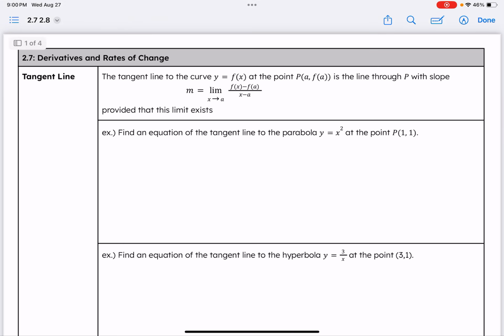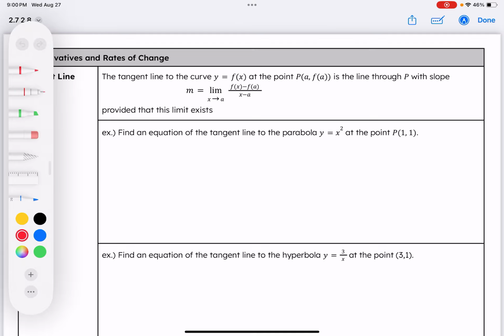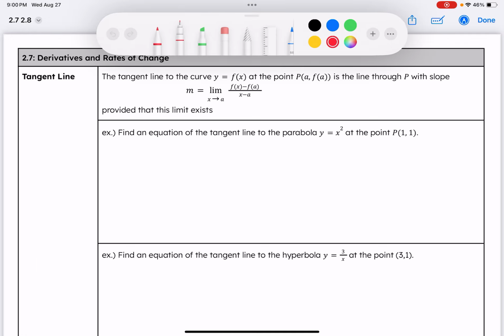All right, this is 2.7 derivatives and rates of change. I am only going to do some of the problems in 2.8 just to save some time so that you guys can have time to work on your homework. All right, so 2.7, we're going to talk about what a derivative is and how or why it means the